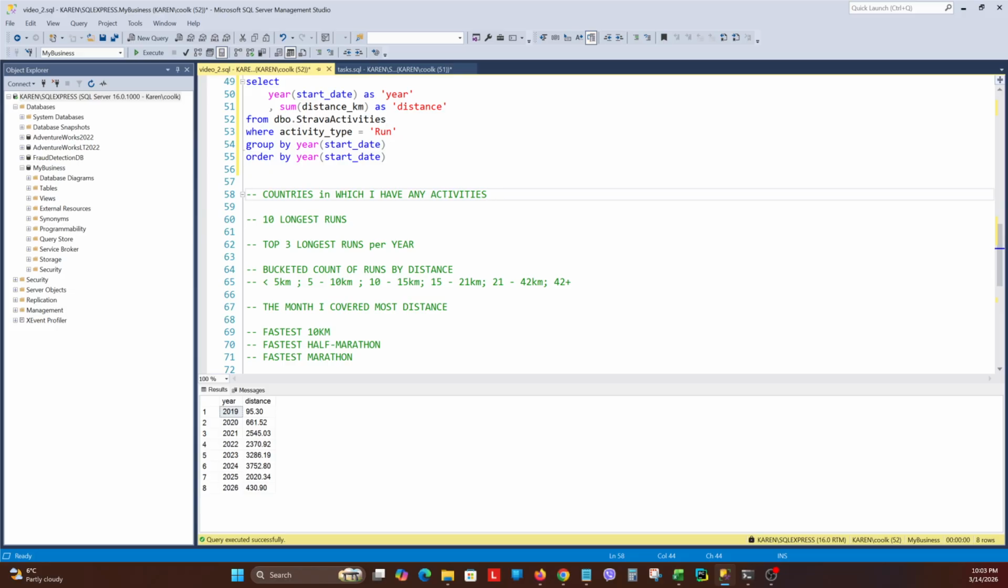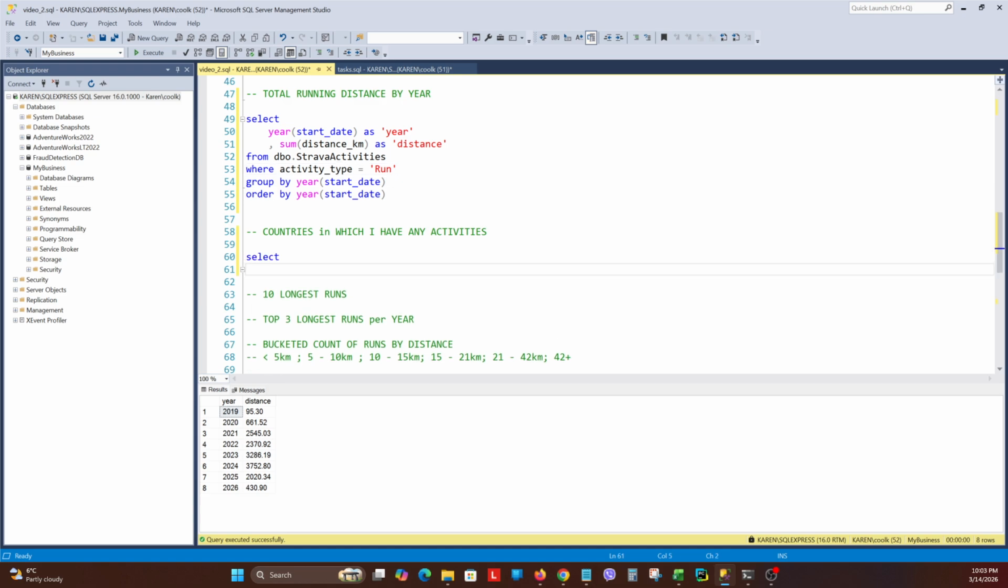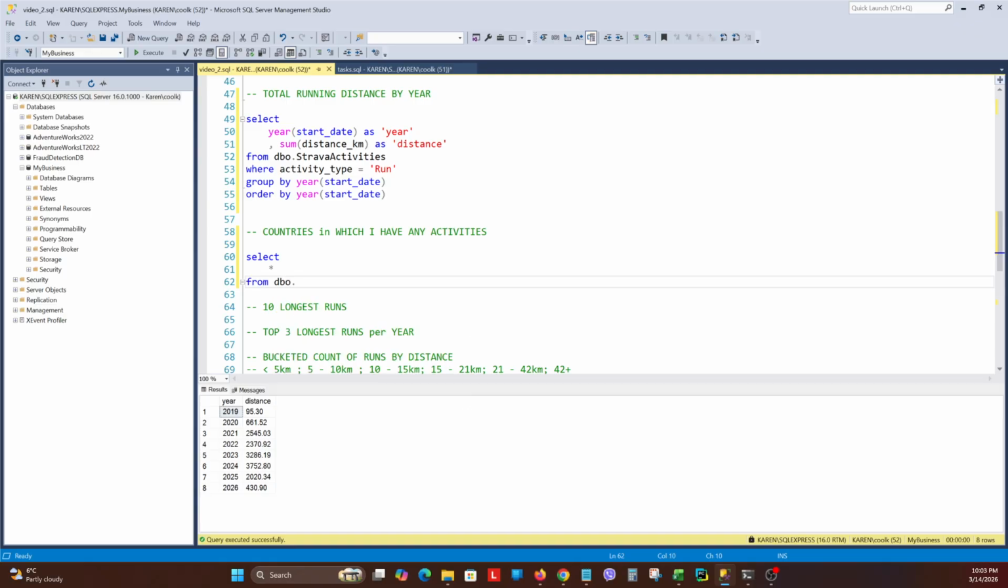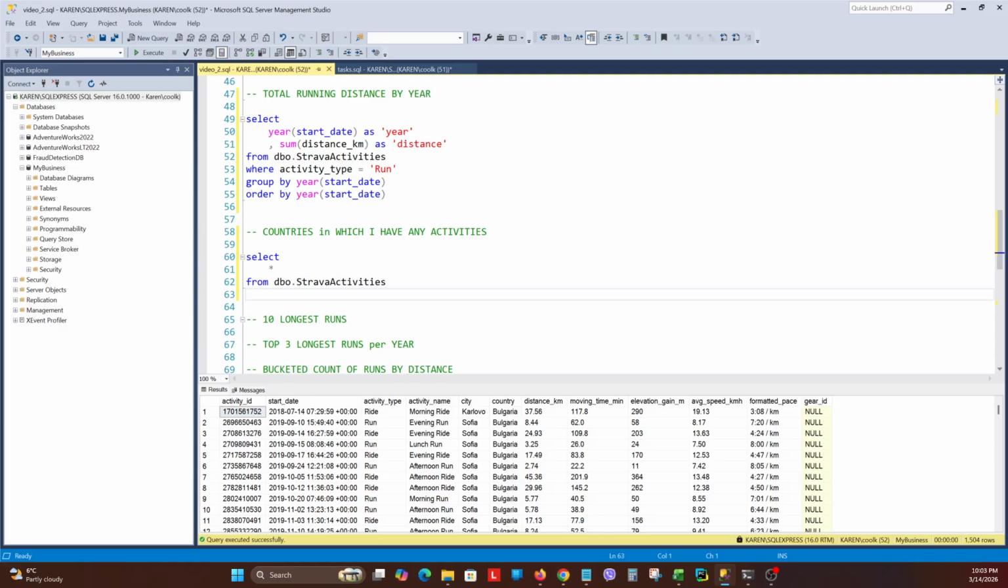Countries in which I have any activities. So now at least I will not filter here where the activity type equals run. However, since I live in Bulgaria, more than 90% of my activities will be in Bulgaria. So I'm interested to see in what other places I have some activities. So therefore, I'm gonna write here where country is not equal to Bulgaria, and then